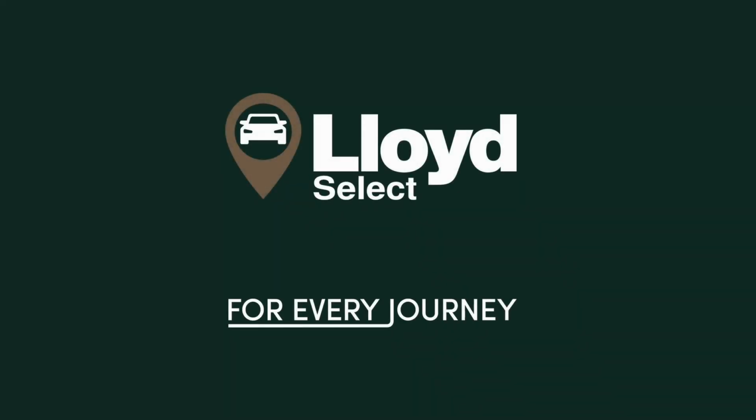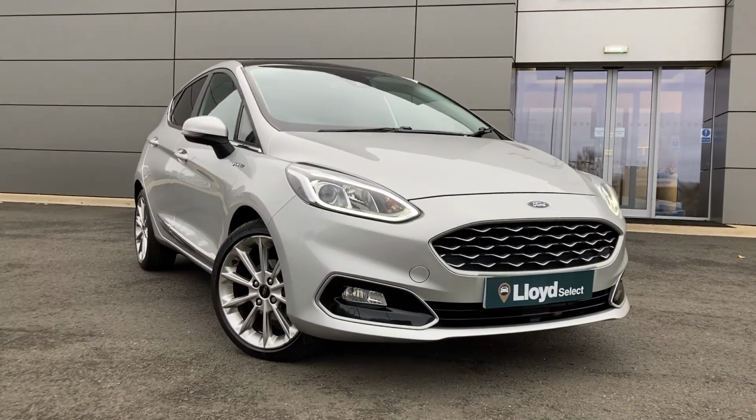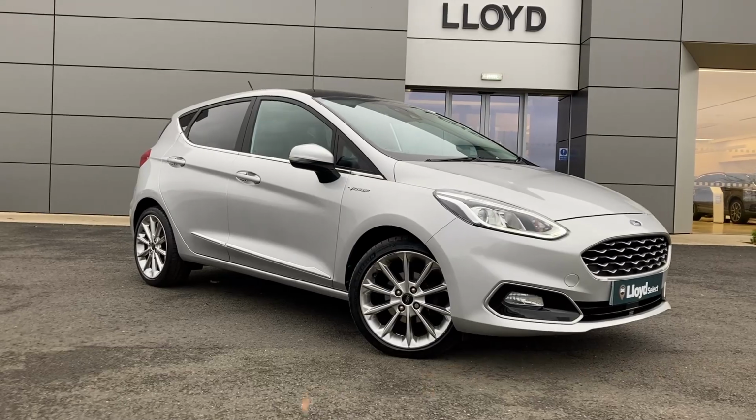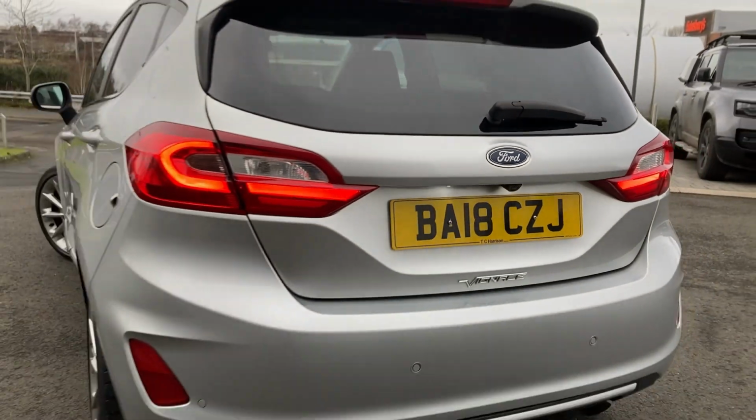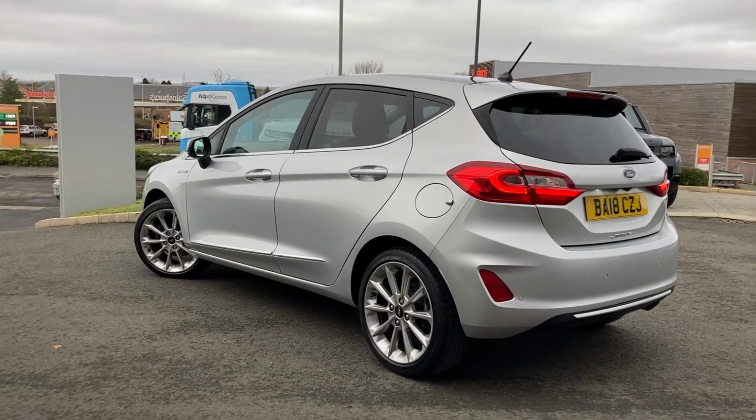Here at Lloyd Select Kelso, we are pleased to present this Ford Fiesta Vignale 1 litre EcoBoost, finished in moondust silver metallic exterior paint, with 17-inch, 10-spoke silver alloy wheels. Some of the standout features on this car include